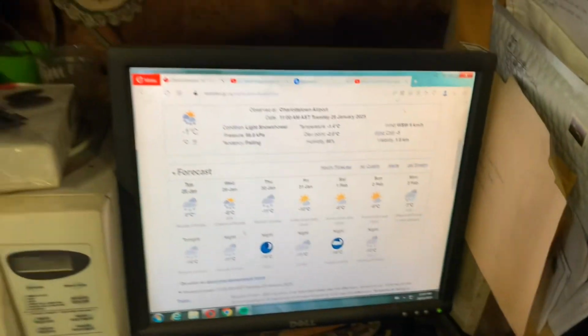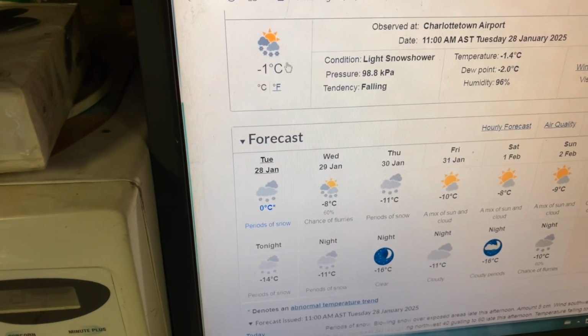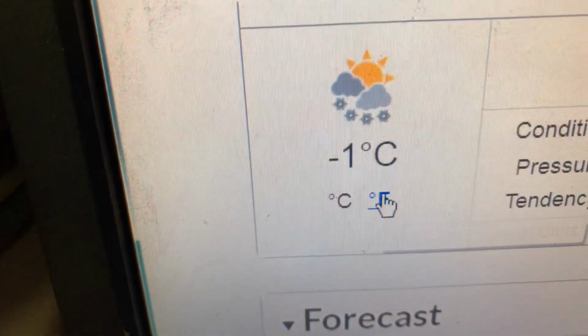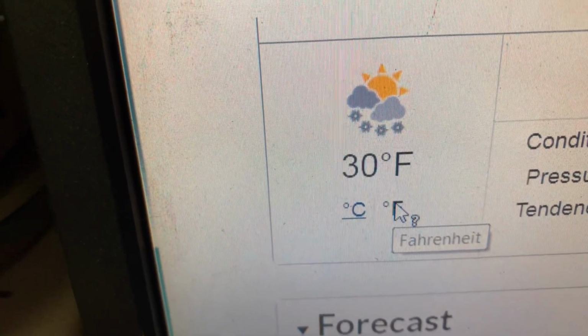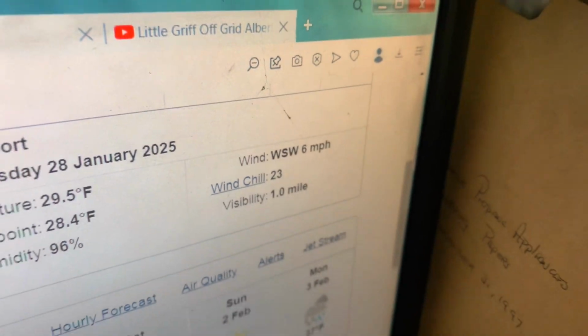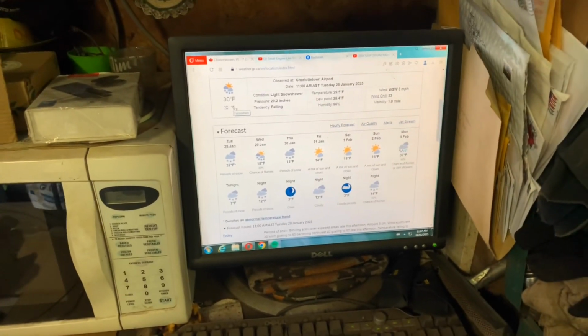And I didn't change to the Fahrenheit, yeah. Fahrenheit, 30 degrees Fahrenheit. West-southwest winds at 6 miles an hour, so it's nice and calm out. All right, we'll stop her at that for now, and I'll get back to you once I get the